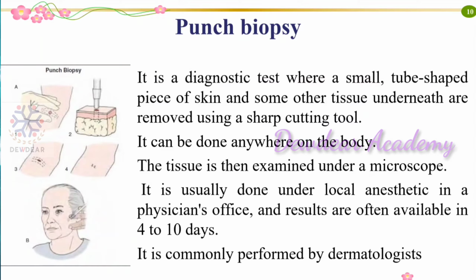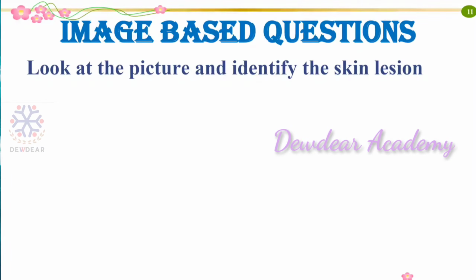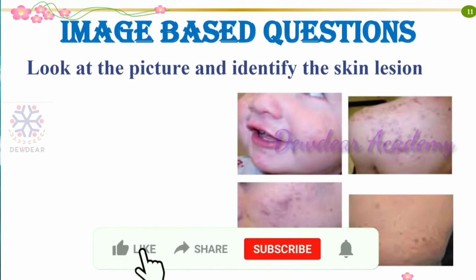So it is usually performed by a dermatologist. That is, it is a diagnostic test in which the tube-shaped piece of skin and some other tissue underneath will be removed using the sharp cutting tool. Next question. Look at the picture and identify the skin lesion. So what is the skin lesion given here? The answer is